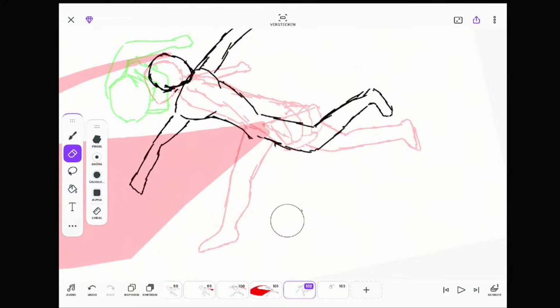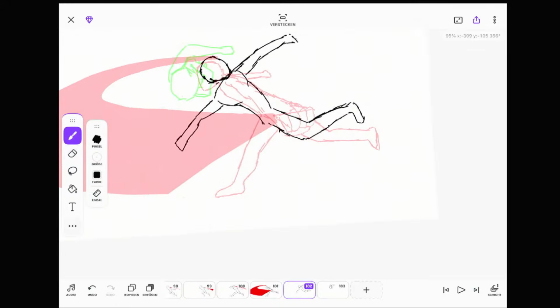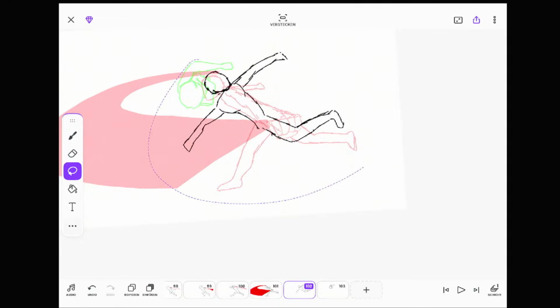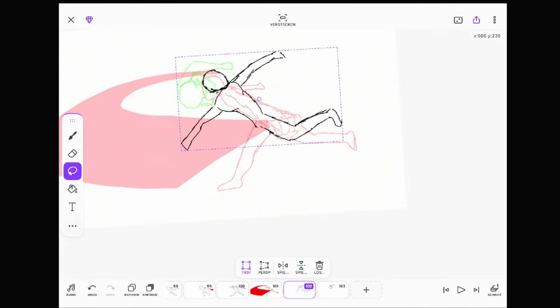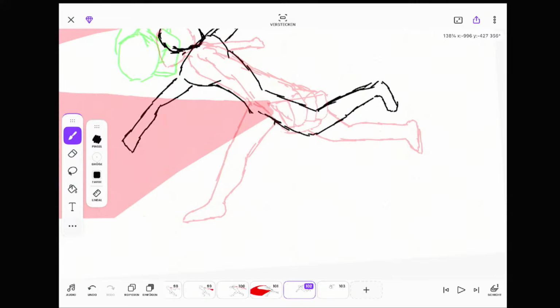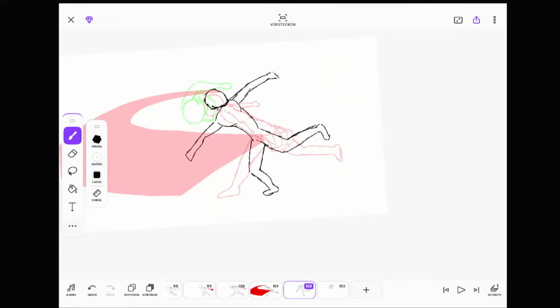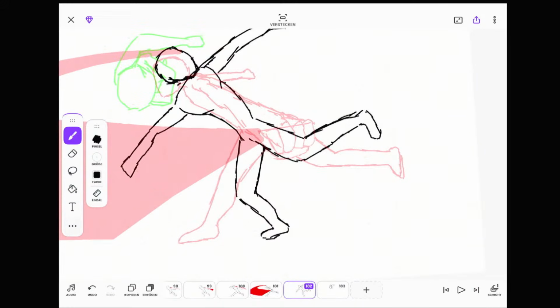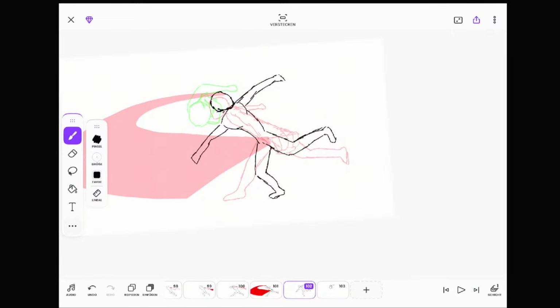It's weird. Honestly, drawing the legs now is pretty hard to do, I think.